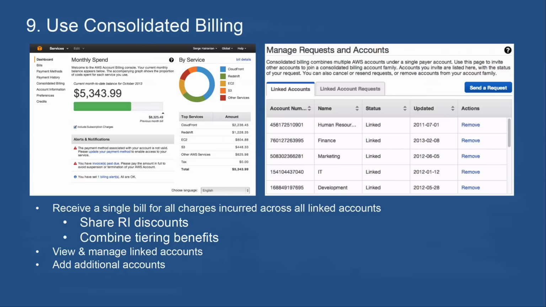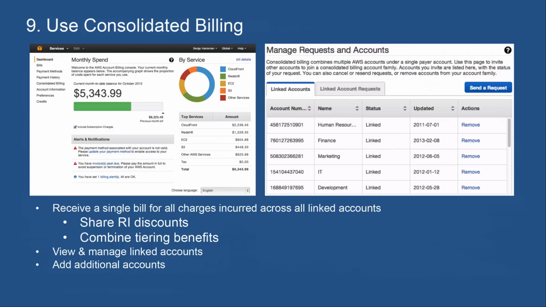Another trick that you can use to reduce your costs, as we've talked about already, is this idea of volume-based discounts. And one of the disadvantages, I guess, really, of having lots of separate AWS accounts, for example, for different environments or for different projects within your business, is your usage is fragmented. So you could potentially fail to take advantage of some of those volume discounts because it's done by account, obviously. There's a technique that you can use for avoiding that issue, which is to use something called consolidated billing. With consolidated billing, you have a master account within your AWS environment, and you link your other AWS accounts into that master account, and the billing for those other accounts will flow up into that master account, which is where you will pay your bills from.